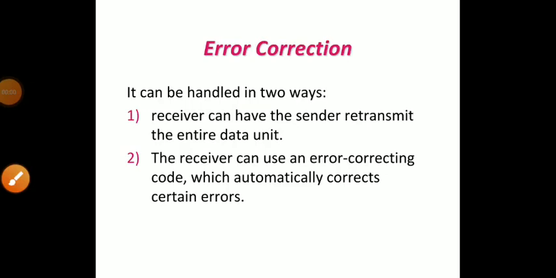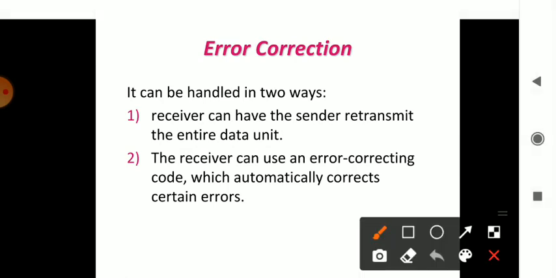Today we'll be checking the error correction methods in data communication. Mainly, error correction is when information is being passed from one end to another end. The receiver end may have some information which is not received properly. It may have some errors. At that time it should be rectified and sent back.